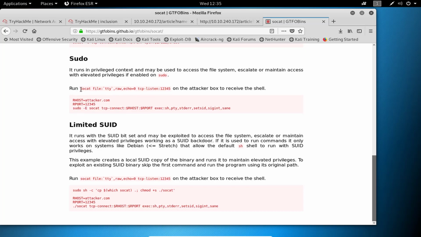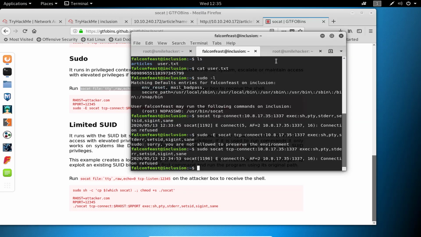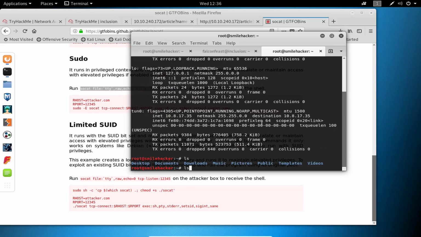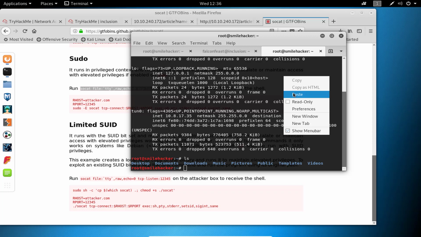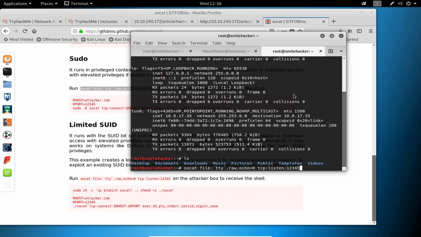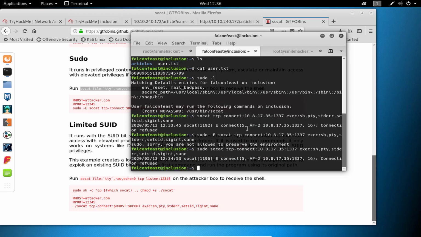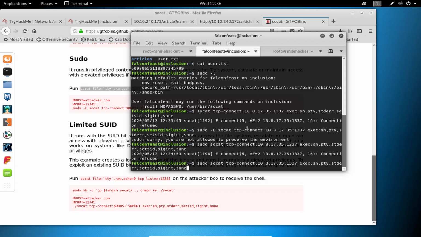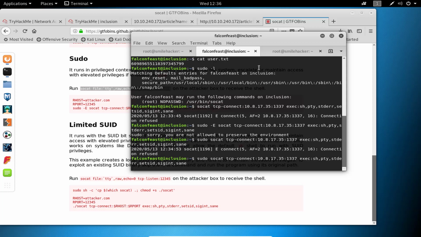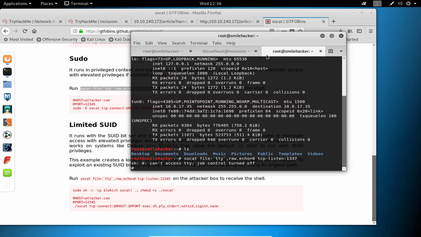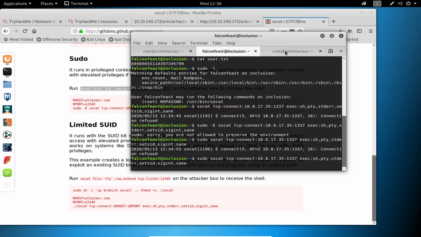Okay, we have to run this command on the attacker box, sorry. So here we have to run this one on the attacker box. The port will be 1337. Okay, and here we are going to try this one again. So wait for a few seconds. Yes, it is connected, I guess.